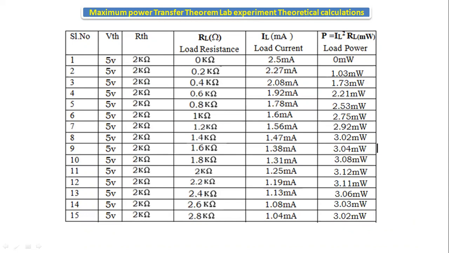If we calculate for 2.4 kilo ohms, the IL value we will get is 1.13 milliamps, and the power is 3.06 milliwatts. For 2.6 we will get 1.08 and 3.03. And for 2.8 kilo ohm, IL is equal to 1.04 milliamps and the power is 3.02 milliwatts. So these are the values we will get. So if we observe all the values, at exactly this value,